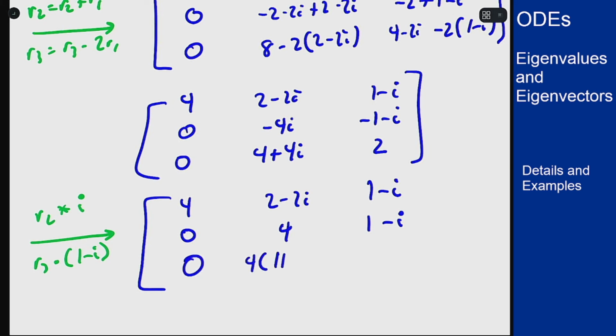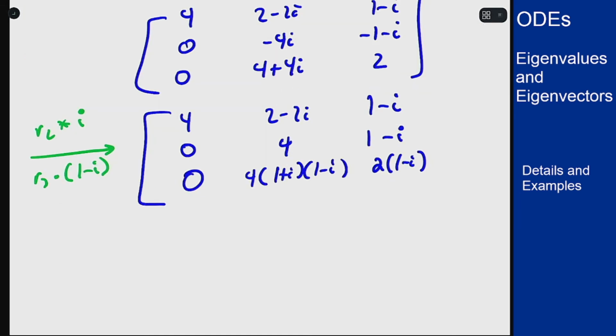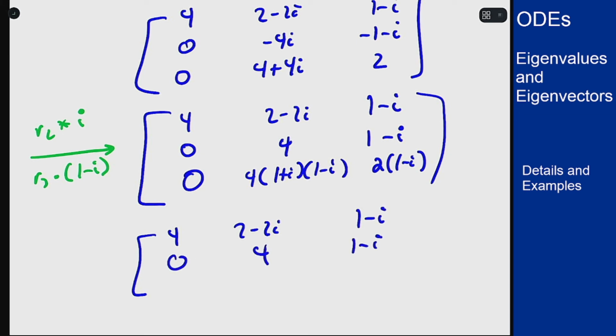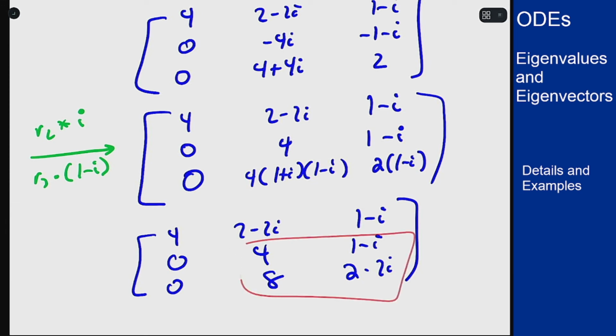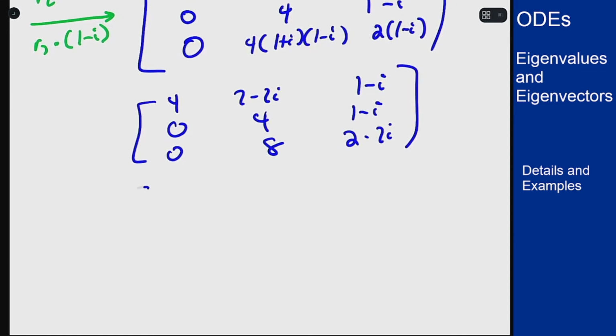I get a 4, 1 plus i, 1 minus i, then 2, 1 minus i. 1 plus i times 1 minus i is 2. So I'll get 1 plus i minus i plus 1. So I will get 2 there, giving me that this is equal to 4, 2 minus 2i, 1 minus i, 0, 4, 1 minus i, 0, 8, 2 minus 2i, and we see a redundance like we wanted. These two rows here are the same up to a scalar multiple, so they will cancel in the row reduction, giving me a final reduced matrix of 4, 2 minus 2i, 1 minus i, 0, 4, 1 minus i, 0,